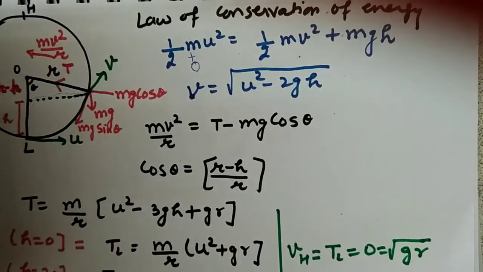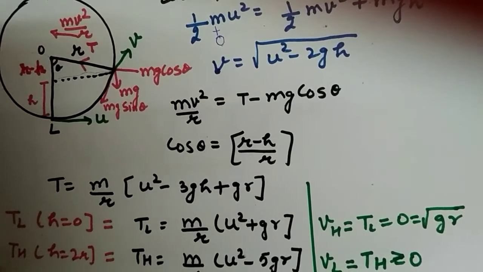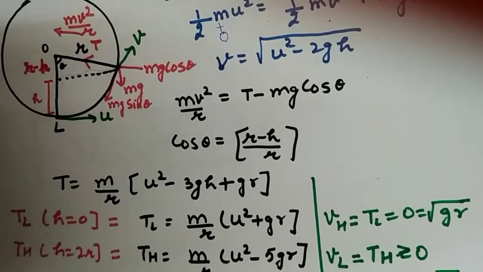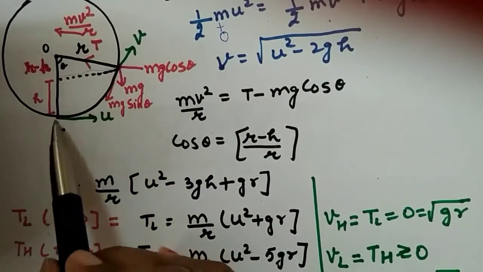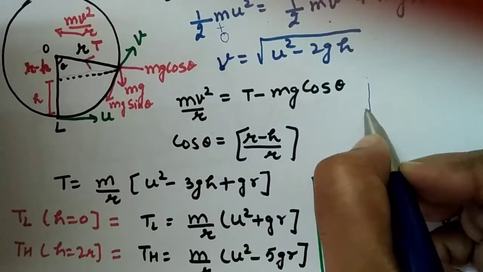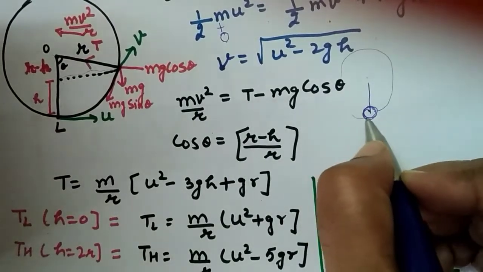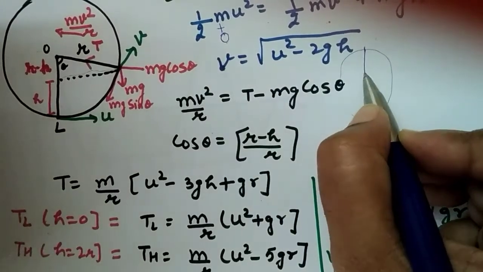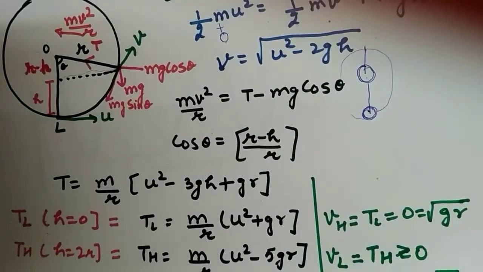Now, how can I use this value to calculate what my velocity should be at the lowest point and at the highest point? So again we go back to this diagram. The person who is driving will feel like they are tied to an imaginary string, like a bob tied to an imaginary string, and we are rotating the bob in a circular way. When the bob reaches the highest point, it will be upside down, but it doesn't have to fall. This is the thing.